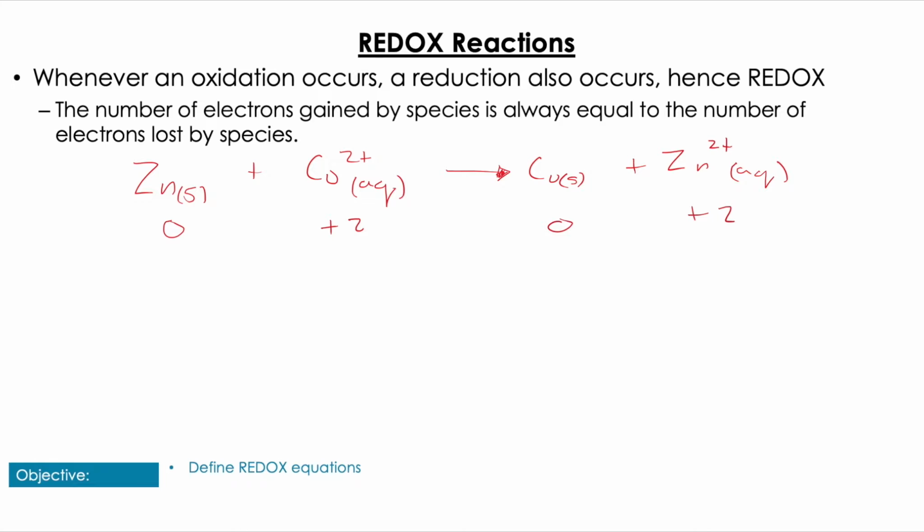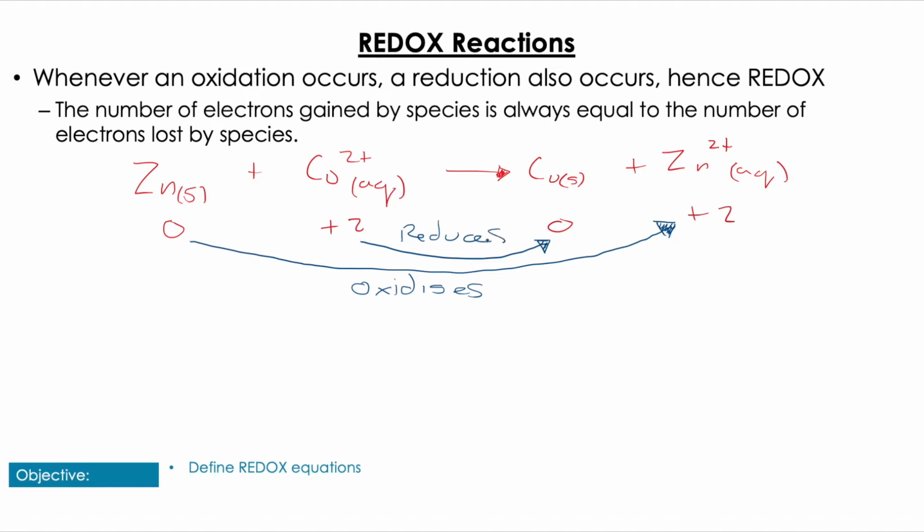So we can see that zinc goes from a 0 oxidation state to +2, so it is oxidized. And we can see that copper goes from +2 to 0. So 0 to +2 is an increase in the oxidation state, so that is oxidized. And copper goes from +2 to 0, so it is reduced. The number reduces. Now,